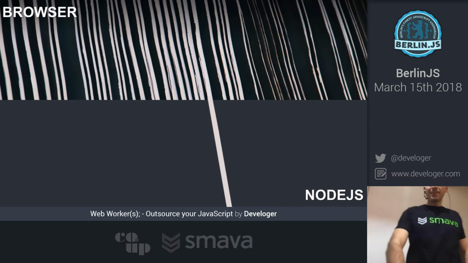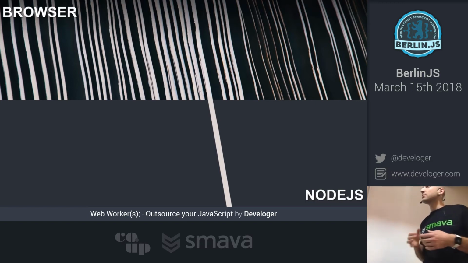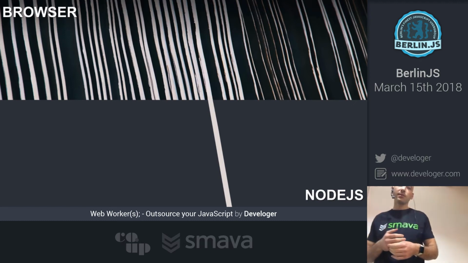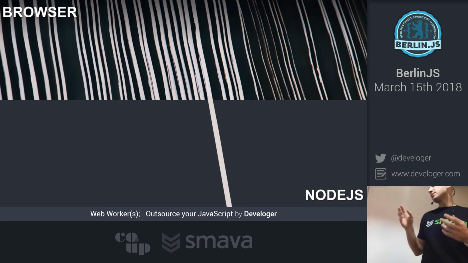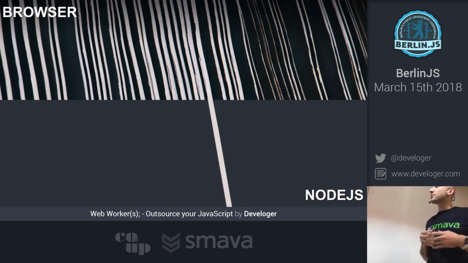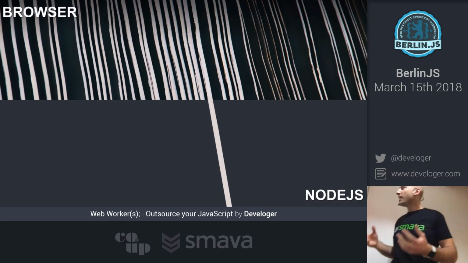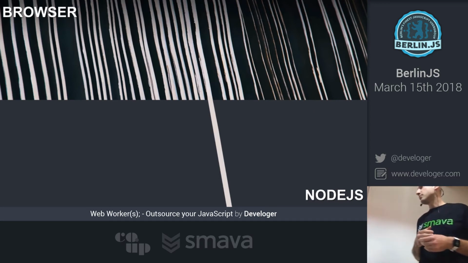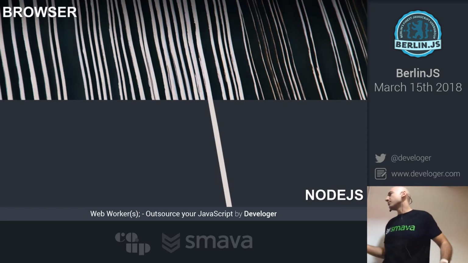So yeah, this is about the browser and Node.js. Because of these cool times that we live in, we can run JavaScript on both ends, the front end and the back end. And as you can see in this visualization, the web workers are very well supported in the browser. And as they are part of the web APIs, they're not supported in Node.js, at least not natively, because essentially that's called web workers.